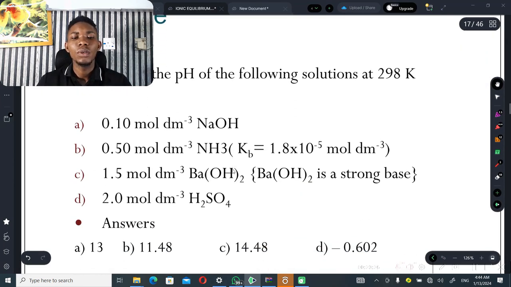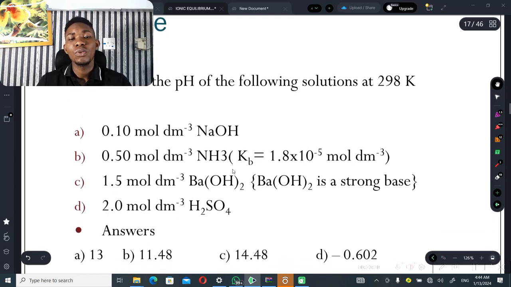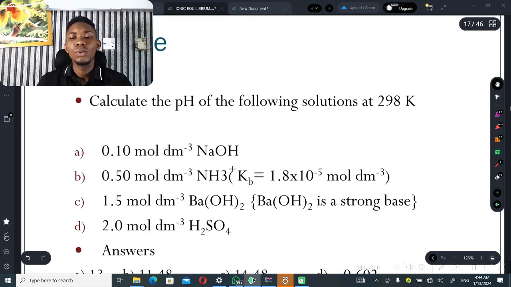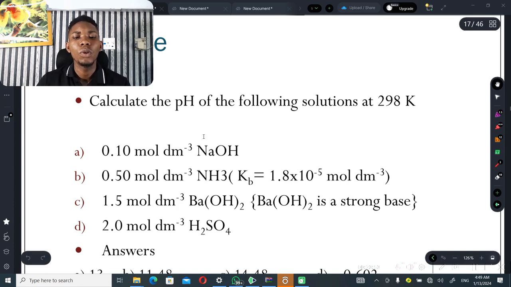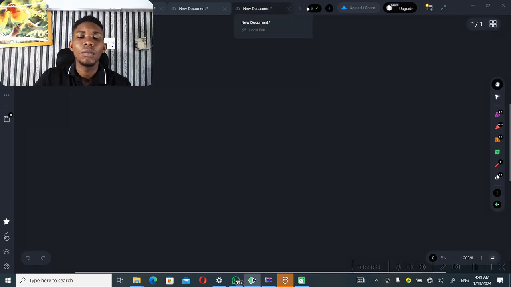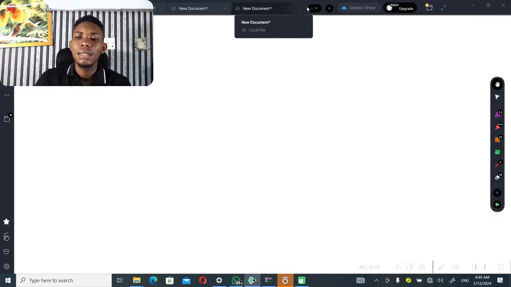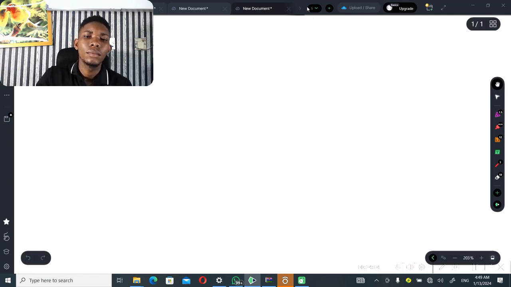Now you have a question here. Very simple questions to solve. So we are going to create new pages for all these questions. Alright, so the first one is: calculate the pH of the following solution at 298 Kelvin, 0.10 mole per dm cube sodium hydroxide. Now how do you calculate the pH of this? Let's see. I think it's 0.10